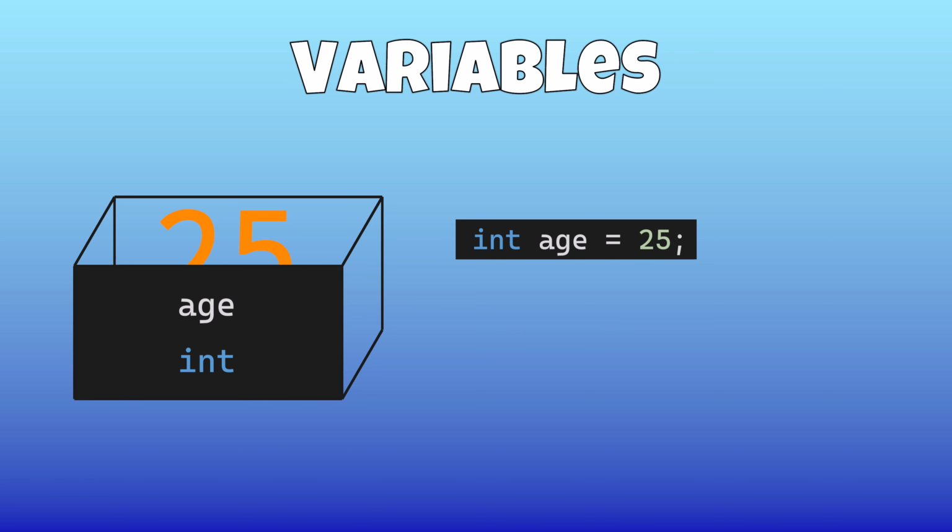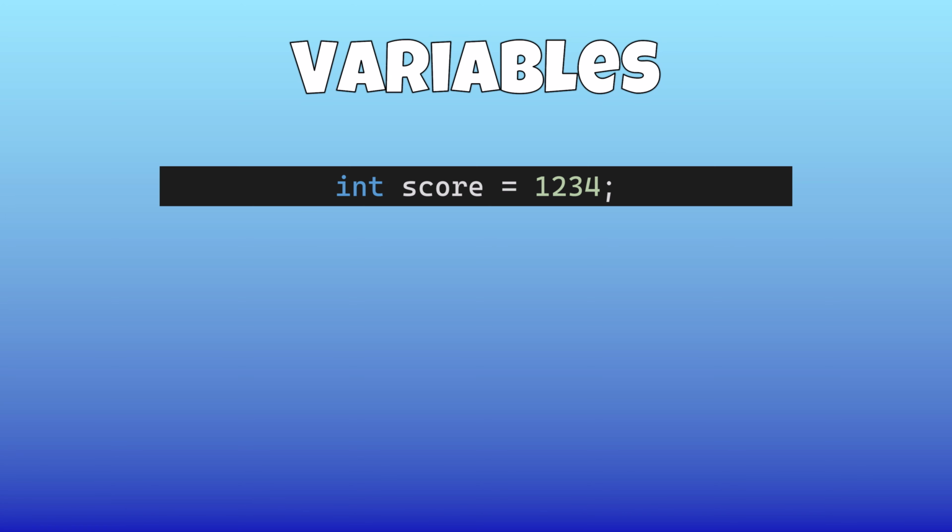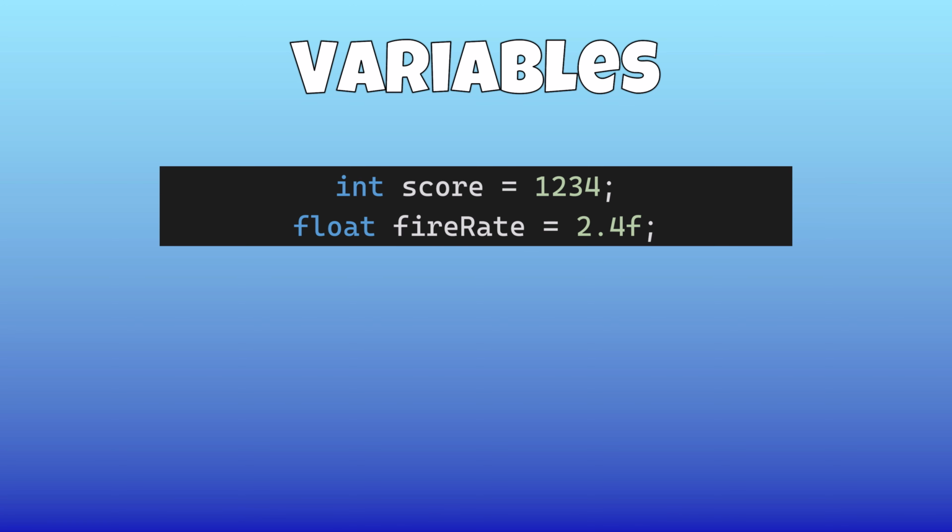There are lots of different types in C#. Among those you'll see most often are the following four types. Int for integers, the whole numbers, can be positive or negative. You also have the float for the decimal numbers, can also be positive or negative. When we write a float, we always add an f at the end of the number.